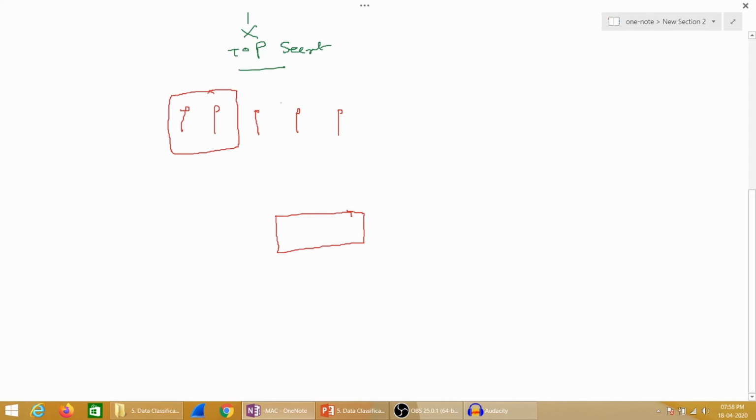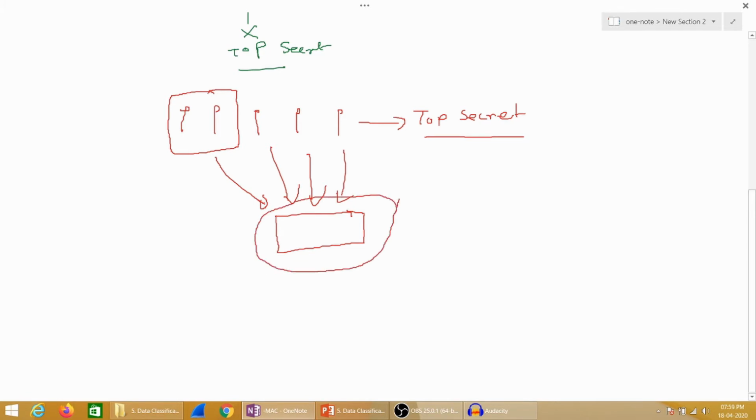Now, every officer has top secret clearance. Under this case, everybody is liable to access because everyone has top secret clearance and these are top secret files. But the problem is it's allocated only to these 2 individuals.